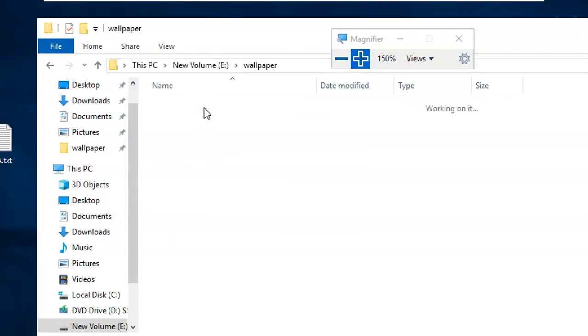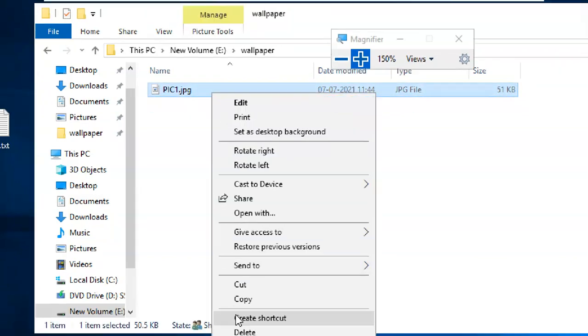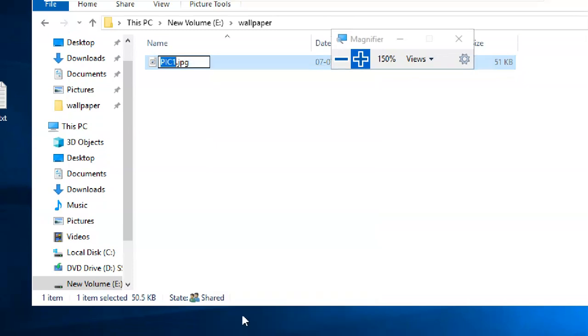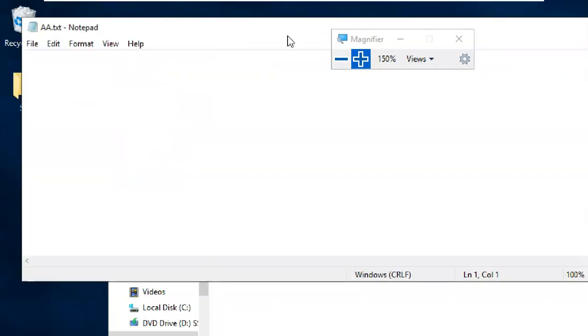Next, go to this picture, and I am going to rename. F2 not working. Rename. I'm copying this entire name. I'm going to this text file.